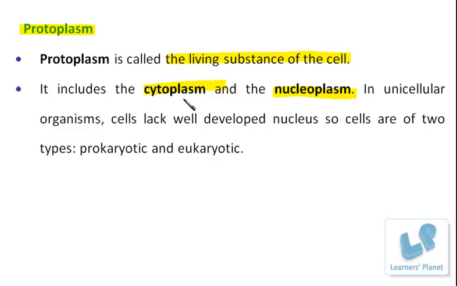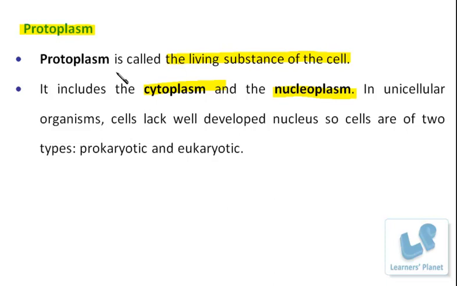In the well-developed cells, cytoplasm and nucleoplasm are present together, and together they form the living substance known as the protoplasm. Now, as this difference comes, we need to understand the further things. This development is not only related to the nucleoplasm or the nuclear membrane. There are so many differences between such a primitive cell and the advanced cell. So now let us focus on that and understand the basic differences between the primitive and the advanced form.